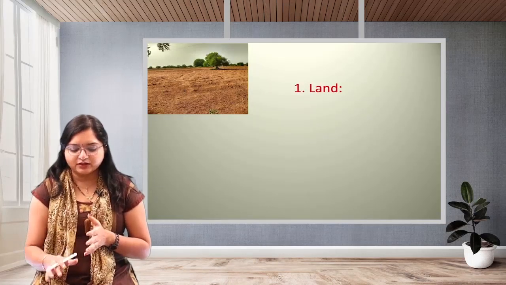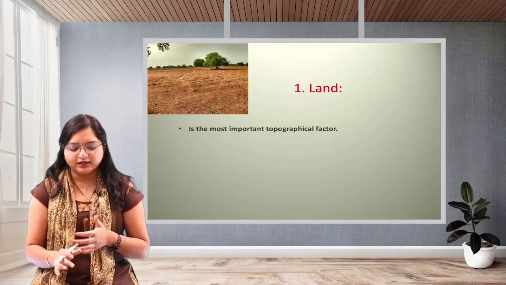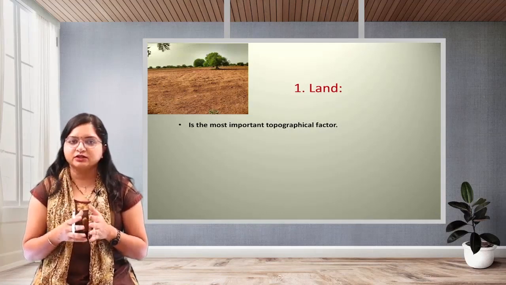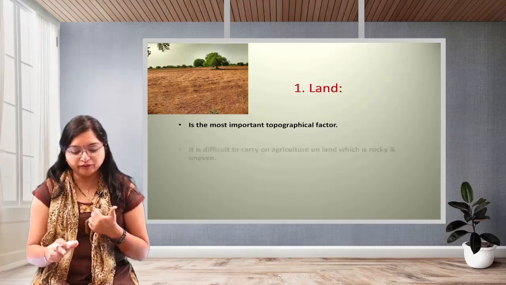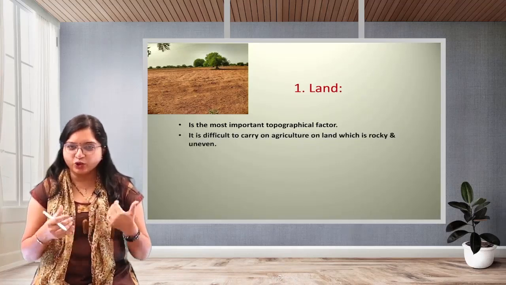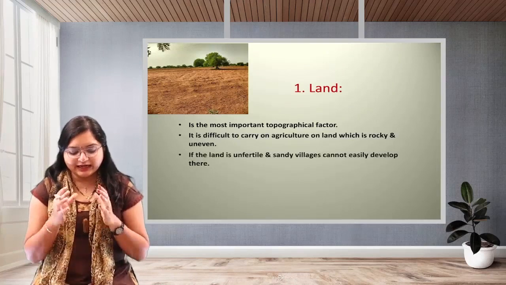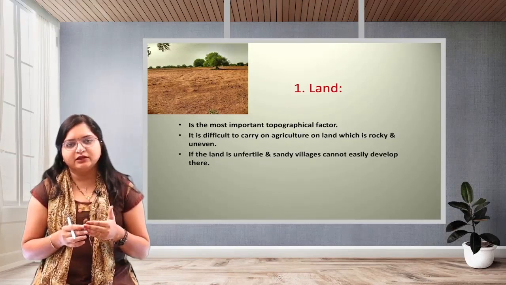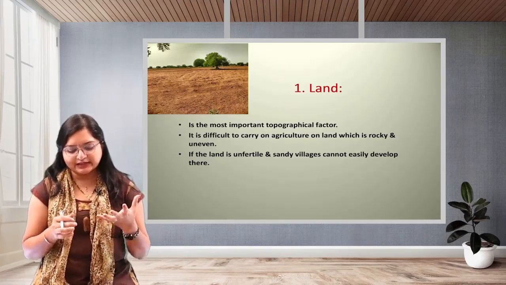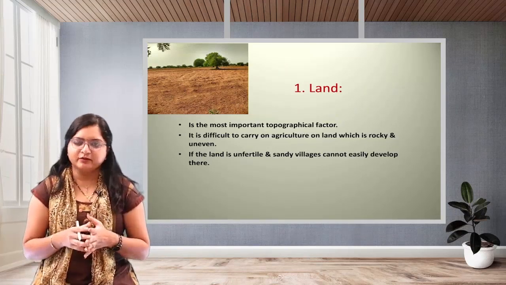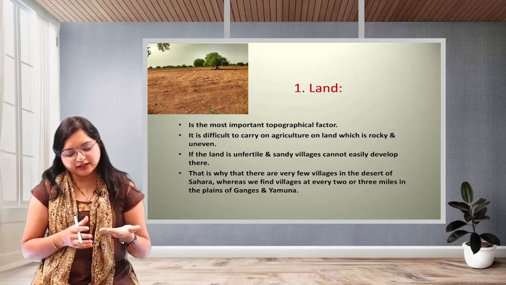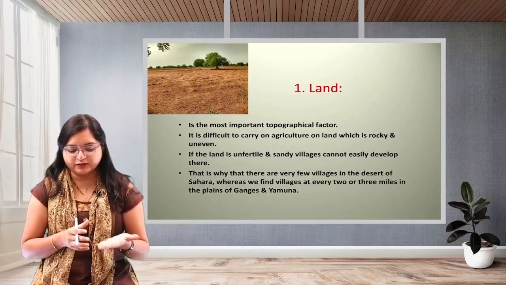The first factor of the community is land. Land is the most important topographical factor which affects the village community most. It is difficult to carry on agriculture on land which is rocky and uneven. If the land is unfertile, not fruitful for agriculture, and sandy, villages cannot easily develop there. That is why there are very few villages in the Sahara desert, because there are so many sandy areas surrounding them,